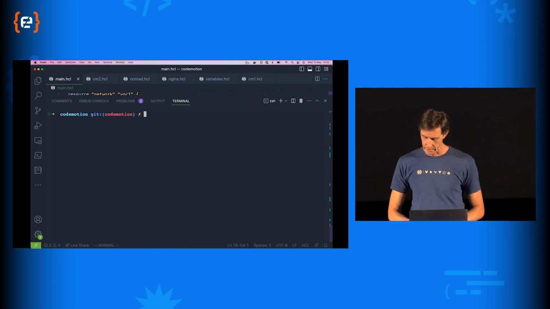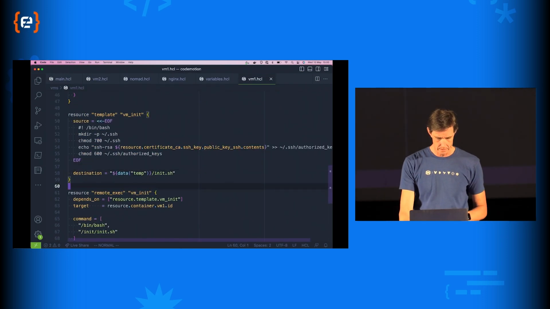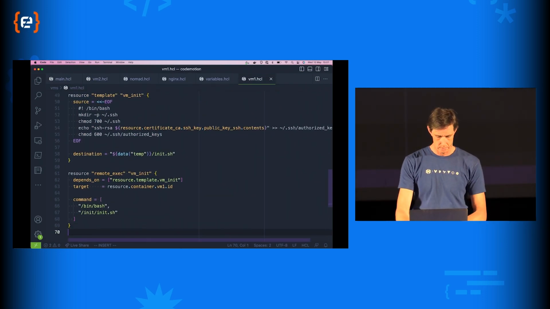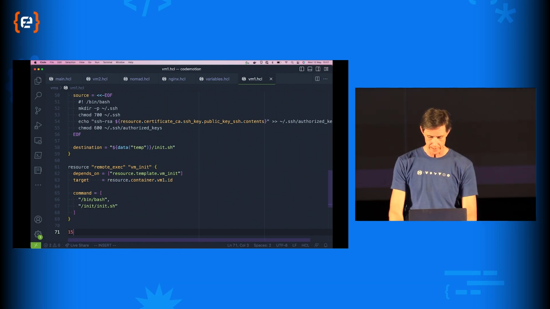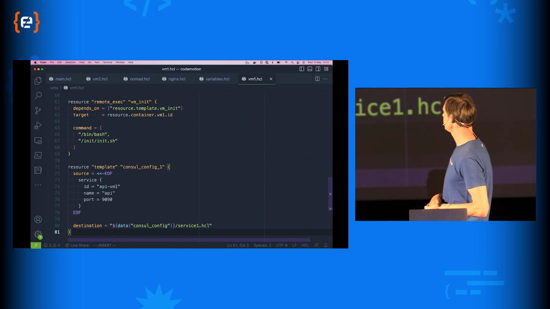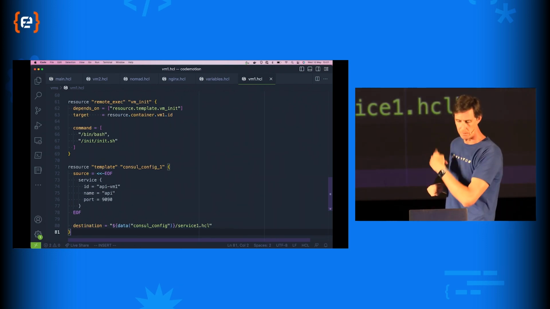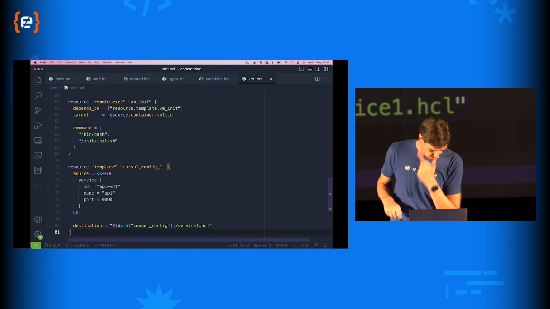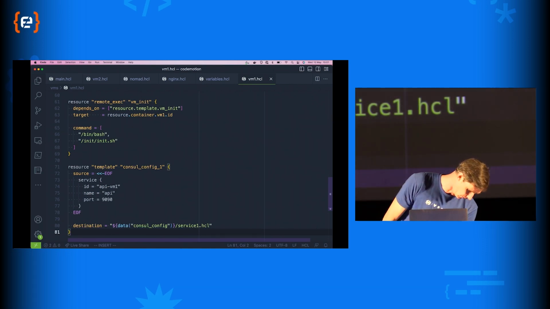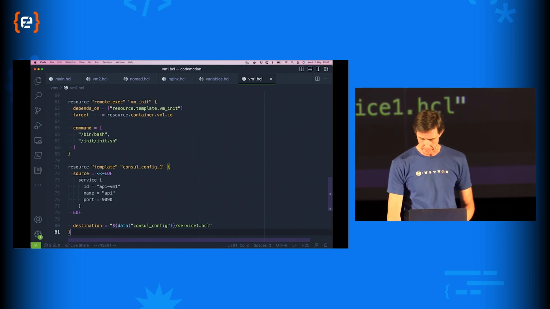So the first thing that we need to do is add some configuration. If I open up my virtual machine again, I want to register a service. So let's use a template, and that template is going to do my service registration. Now, the Consul agent that I've got running in my fake virtual machine is going to pick that up, and it's going to do some stuff. I'm going to leave that on the floor to run everything.